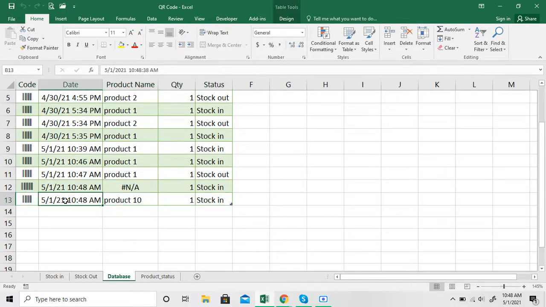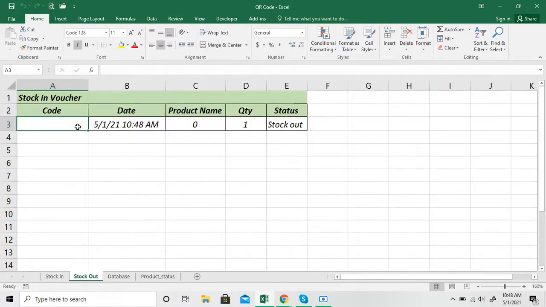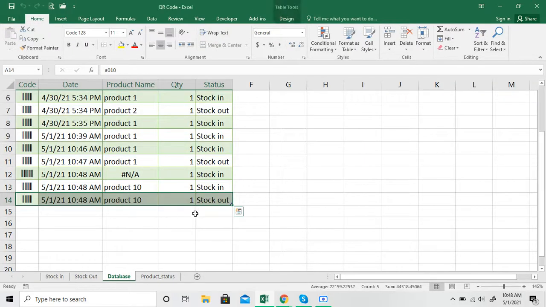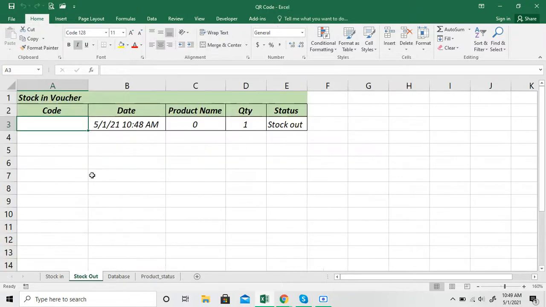A010, then you will see that it definitely goes for the stock. You will see that stock one, and the status gives you one, jumps to one, and you go to stock out, and enter A010. You will see that the database will stock out. The remaining balance will be 1000, one out, one in, and you go and